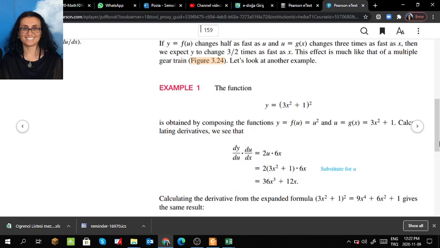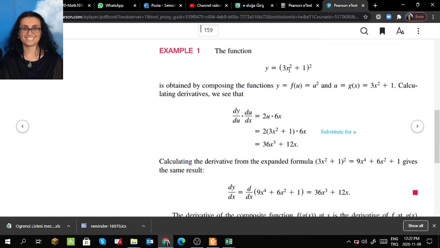And I want to give you another example, which is here, example 1. We have the function y is equal to (3x squared plus 1) squared. So here it is a composition of 2 functions, which you can consider, for example, f as the square function, u squared, and